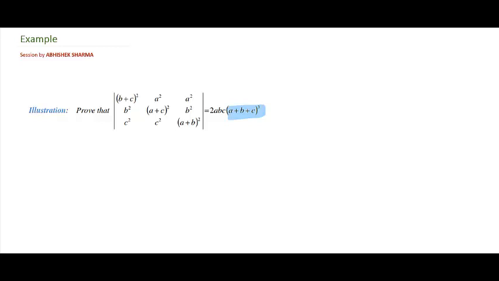So from here I get the motivation that maybe we might have to take (a+b+c) common from the determinant, right? Maybe we can take this common because this factor is appearing here. So maybe I'll have to work on this approach, that I can go for (a+b+c) common, and when I go for (a+b+c) common, then these are squares, every element is a square. So how do I get (a+b+c) common?